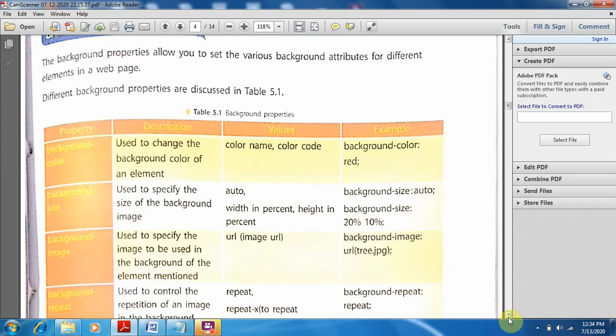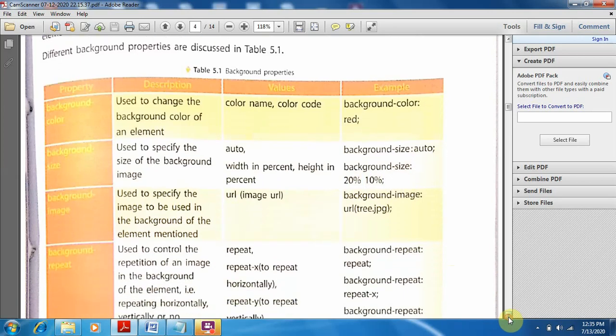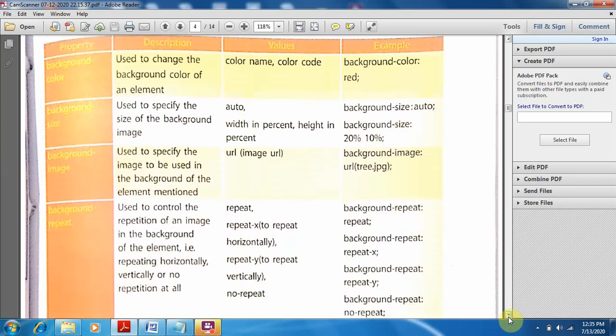Now next is background image, used to specify the image to be used in the background of the element mentioned. For any image we have to write the URL.